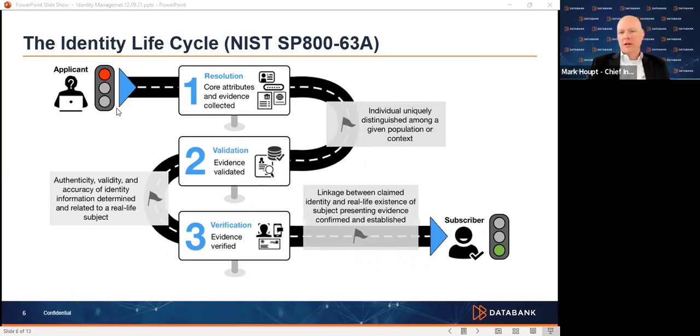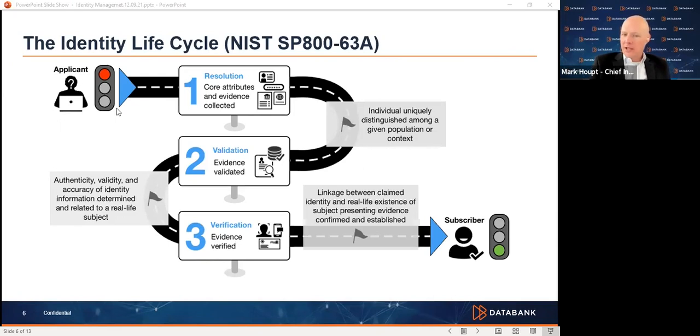This is where you take their government issued ID card and you actually sit there in front of them and make sure that the individual is who they say they are. Think about it this way. I think all of us have probably been on a flight sometime in the past couple of years or since 9/11. And when you approach the TSA desk, you have to present your ticket for the flight, but you also have to present some sort of card. And what they're doing right there is validating that evidence by your face, by the ticket, and by the ID card you have.